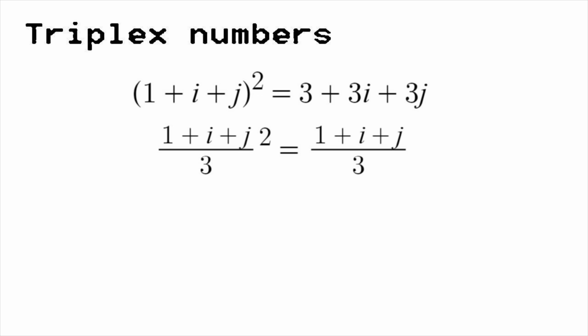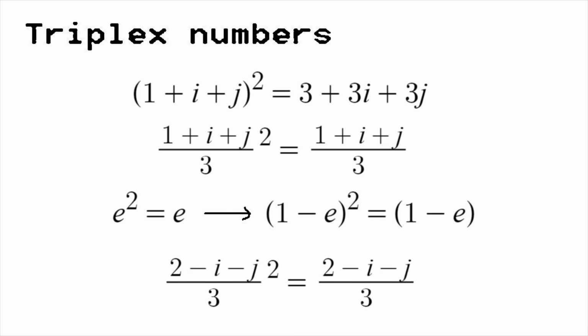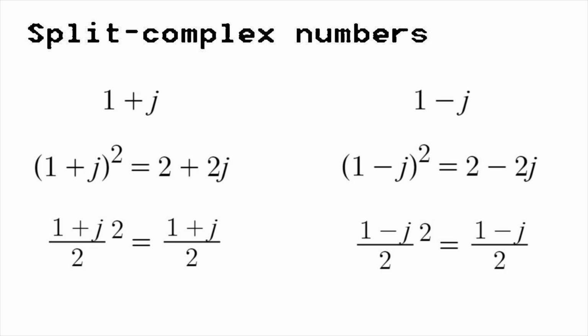Earlier, we saw that for any idempotent E, 1 minus E must also be idempotent. As such, since (1 + i + j)/3 is idempotent, 1 minus (1 + i + j)/3 must be as well. That is, (2 - i - j)/3 is the other idempotent triplex number. If you read the Wikipedia page, you'll recall that the two idempotent elements of the split complex numbers form something